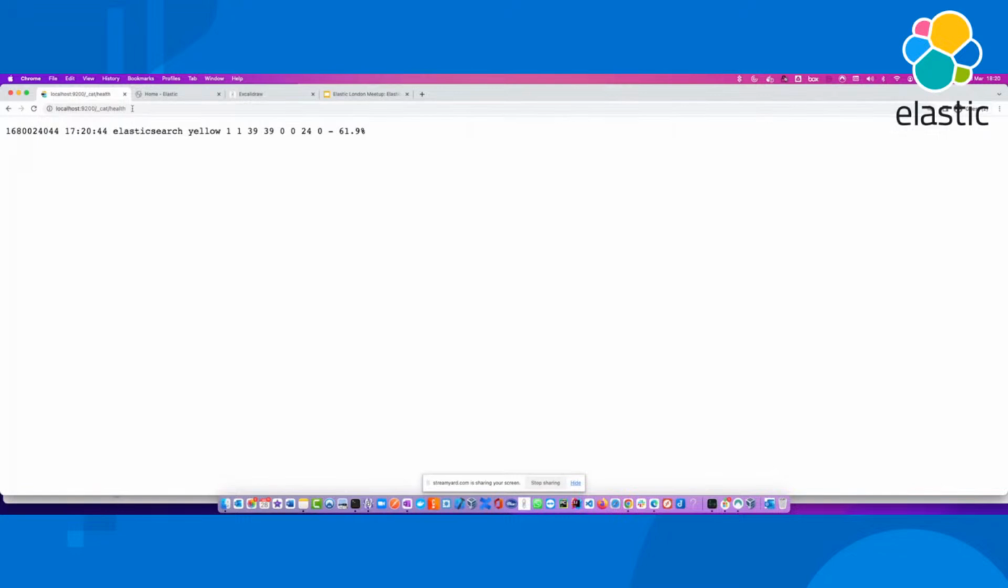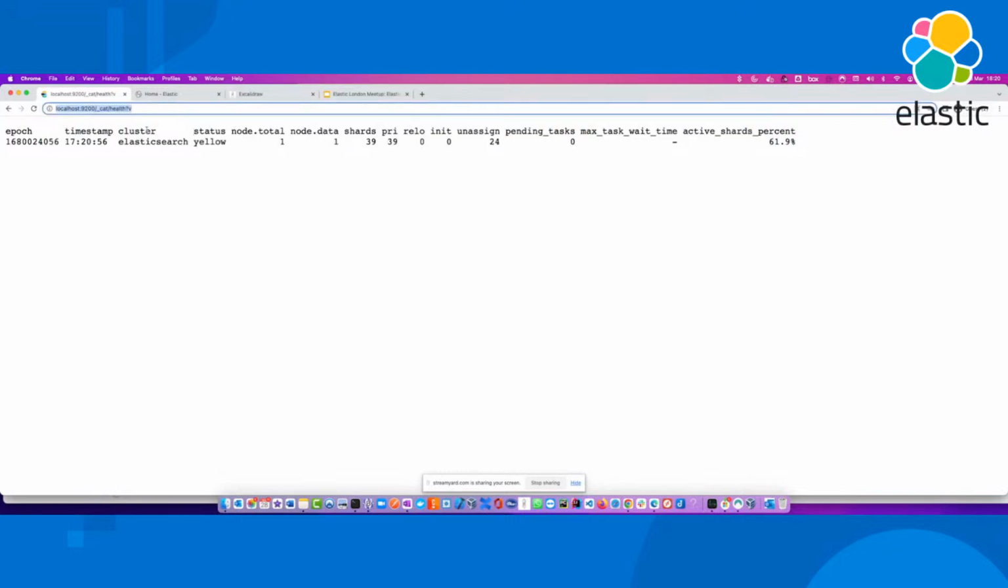So if you see the cat API, cat is a compact and aligned text API, which tells you the health of your Elasticsearch. In this case, it's telling me that it's in a yellow state. If you use verbose, it tells you this is the cluster Elasticsearch, the state is yellow, and you have one node, etc. There are about 24 unassigned shards, and that's one of the reasons why the status is yellow,